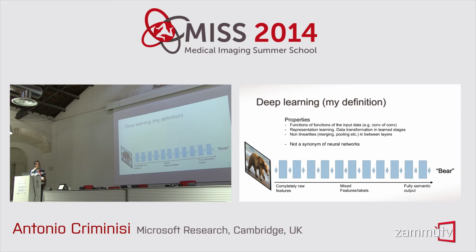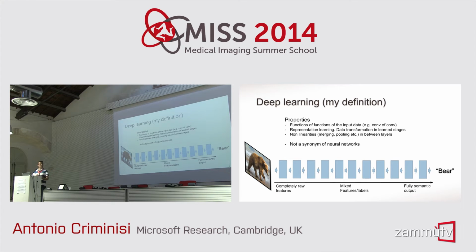Another way of interpreting deep learning is by saying, this is, by the way, my definition. It's not something that has been vetted by the NIPS community. So, I might be wrong, and I often am wrong, but that's more fun. So, another way of thinking about deep learning is also as representation learning. This is another buzzword that goes around. And it really has to do with what we said, with the fact that the data is transformed in stages. We go from raw features, from some features which are output of some sort of classification stage.